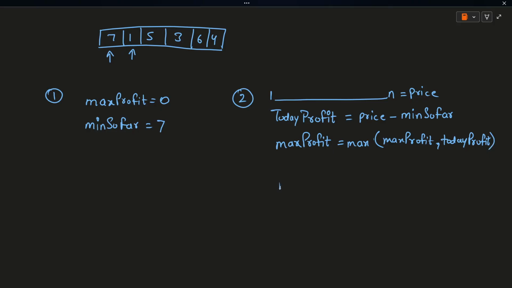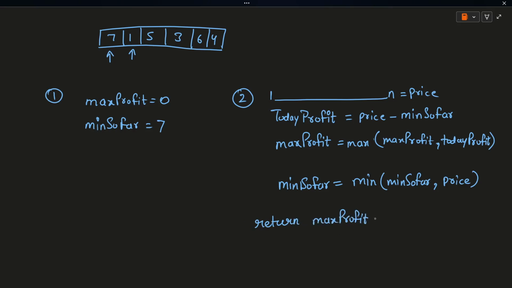At the end, we update minimum so far, just like we did previously, as the minimum of minimum so far and the current price. This is going to be our loop. When our loop is finished, we return maximum profit.